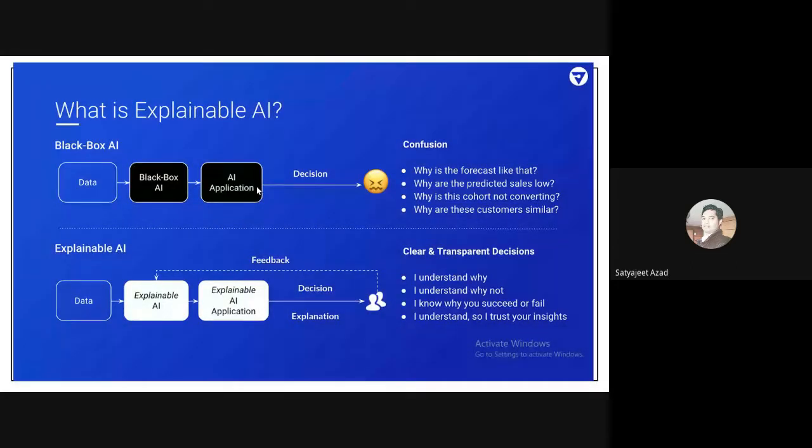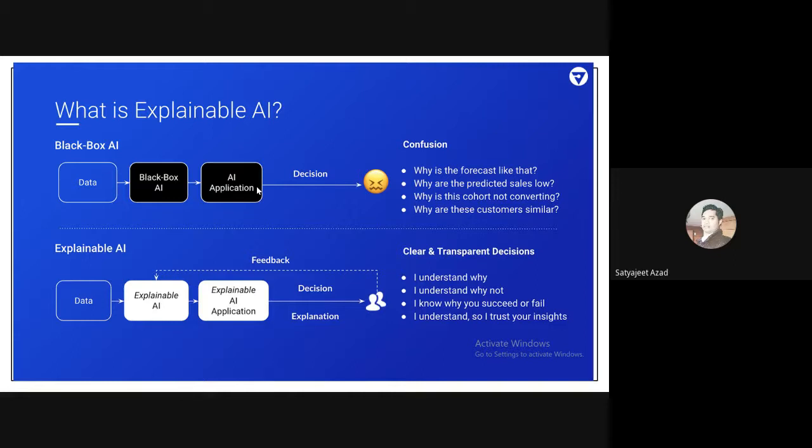Now this is a typical visual of explainable AI. Normally when you build ML and DL models, we have data and then we have a black box. For example, in an artificial neural network, we have different hidden layers that we can count as a black box. We don't know how those nodes are converting input into output. We give some data to the software, and it calculates everything for you. You don't know how it comes up with this logic. Then we build some AI applications. This is the traditional approach we follow right now when building ML and DL, and then we take decisions.